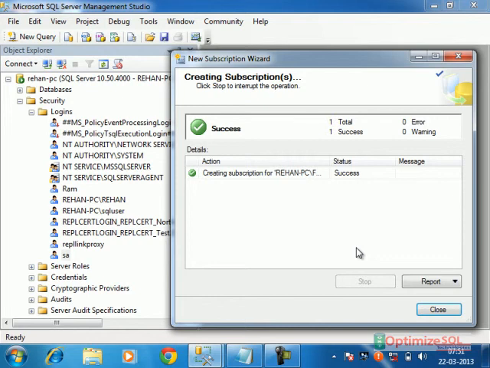Successfully configured, it is saying. But sometimes, while practicing or working, you will get a warning most of the times if the MSDTC service is not running. It will show you in the warning that we have to run one stored procedure, sp_link_publication. You run the stored procedure manually, sp_link_publication, in the subscriber server to link it manually to the publisher. We'll see that one. Say close.